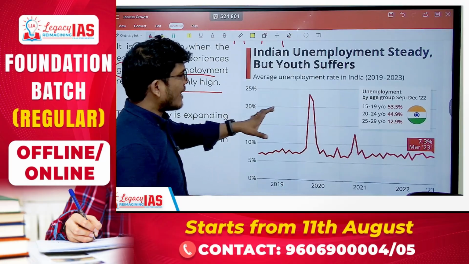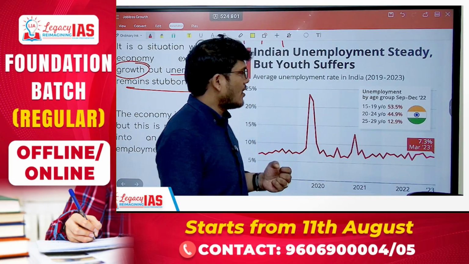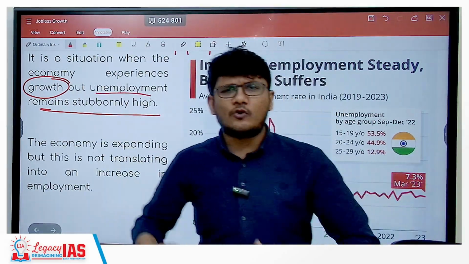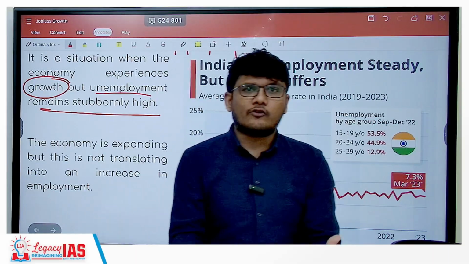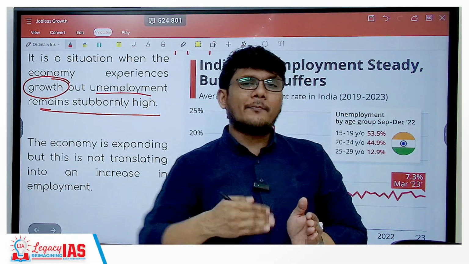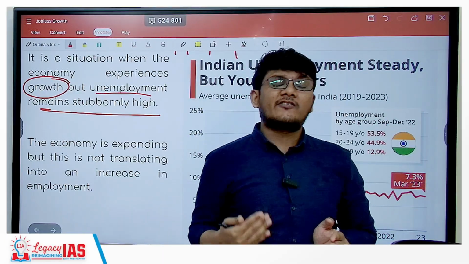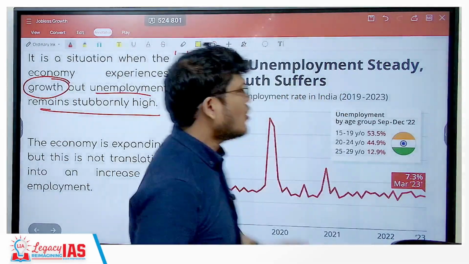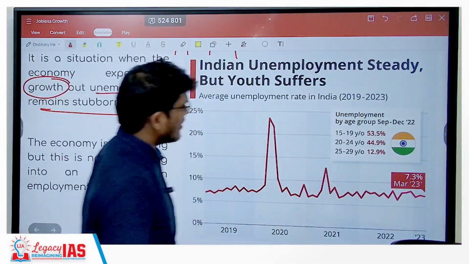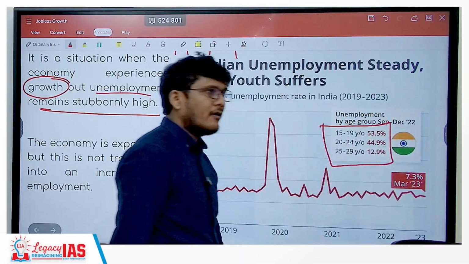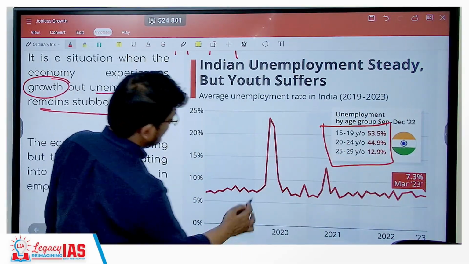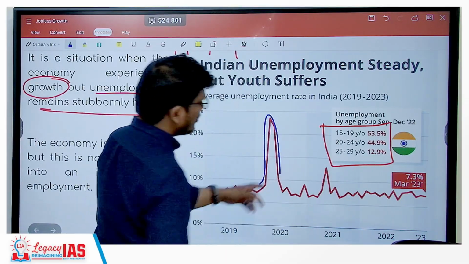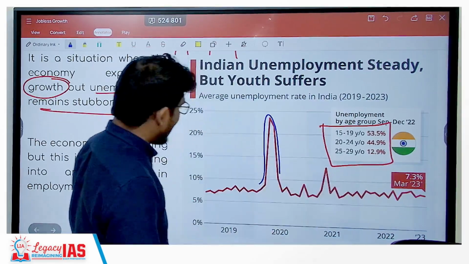Now if you look at this unemployment, this point you have to focus on much, because in mains everyone is going to write what is jobless growth, this, that, everyone is going to give statistics also. But if you can give just one better statistic, or a statistic more in depth which impacts more, that is going to help your answers. So if you look, this generally talks about the unemployment that is there. Unemployment is high. Of course during COVID it had further peaked, but even then it has been stubbornly high.